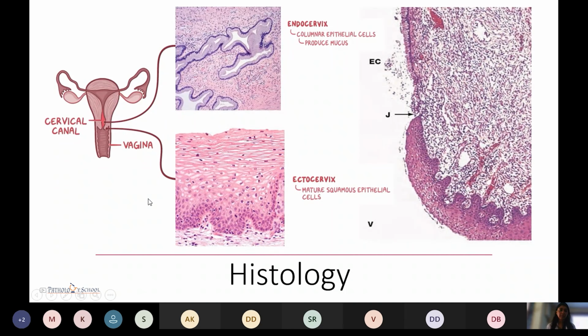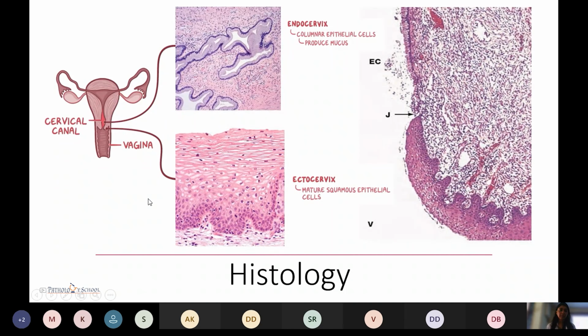The portion or the junction where the endocervix and the ectocervix meet is called the squamocolumnar junction or the transformation zone. It has a presence of immature squamous cells, and that is the most common site for the HPV neoplastic consequences. So talking about WHO 2014, this book is primarily based on the histomorphological features,